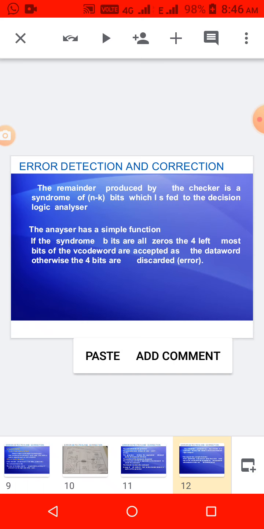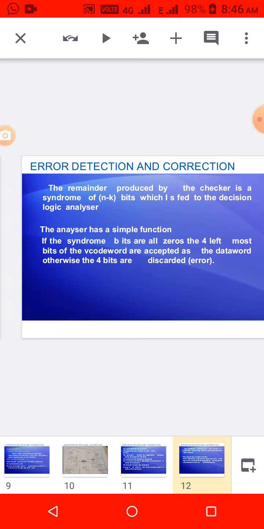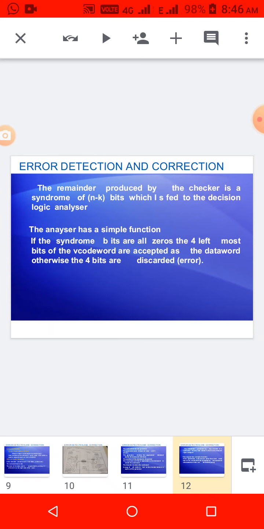Actually, the concept used here is that the generator does the division, generates a code word and sends it to the receiver. The receiver decodes it by again doing the division and checking the remainder. If it receives 0, then no error occurred. If it receives some other numbers, it will discard that data. That is the concept, encoding and decoding done. Okay, and the remainder received during the division is called the syndrome in the case of decoding.